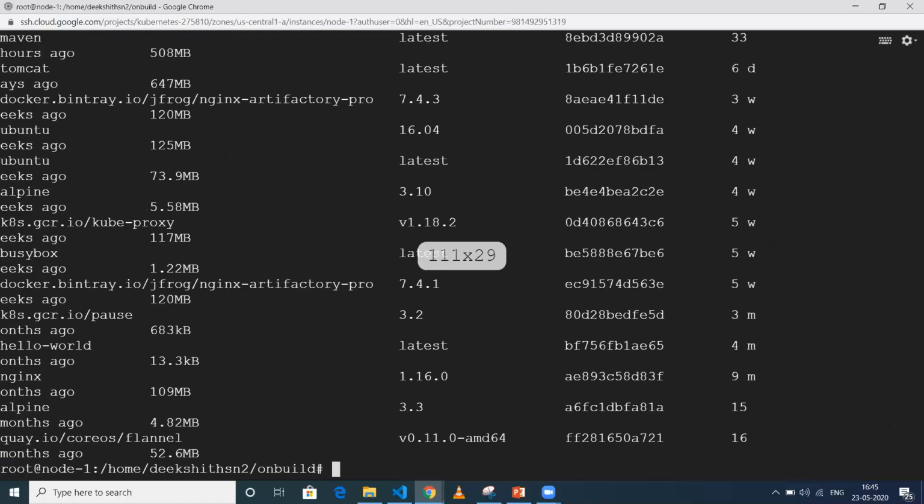So what I'll do is create one more Docker file. We'll just name it Docker file itself. And here I'll use FROM and then the image name. The image name of this one is parent on build, right? So after that, whatever steps you want to execute, you can give it.